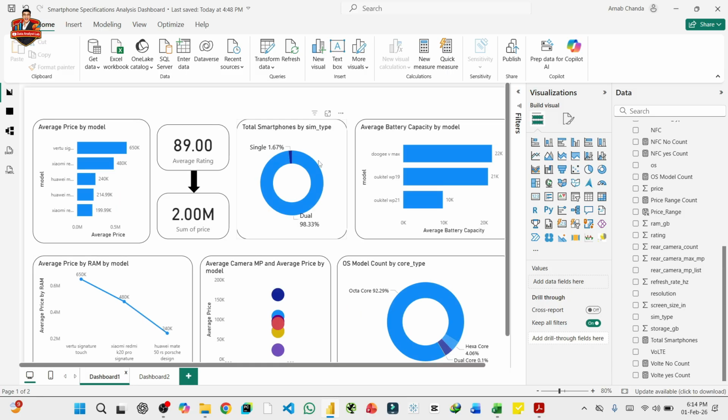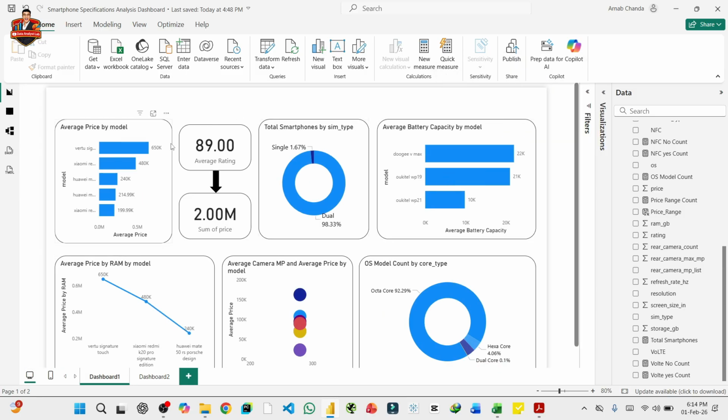Then we go to dashboard 1 and one by one, every chart I change the font and color also. First, average price by model,